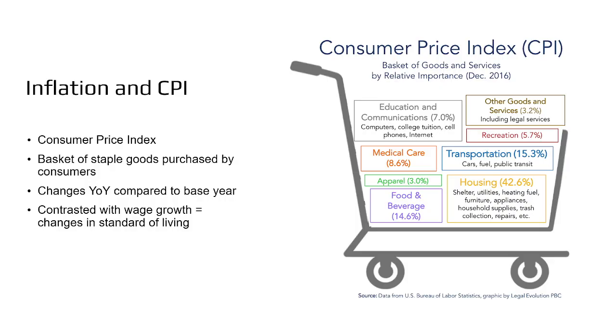So the core items that households are spending their money on throughout the year. Obvious things as shown here: housing, food and drinks, transportation, medical bills, education. All these things that people have to buy regularly,